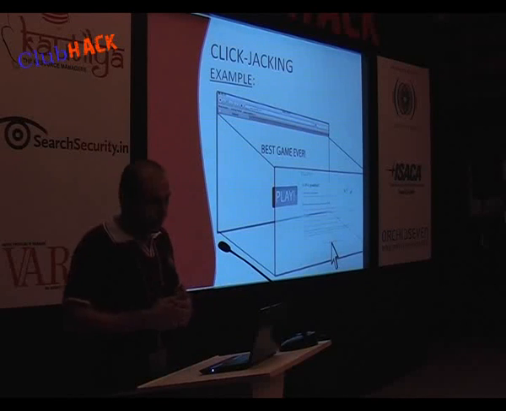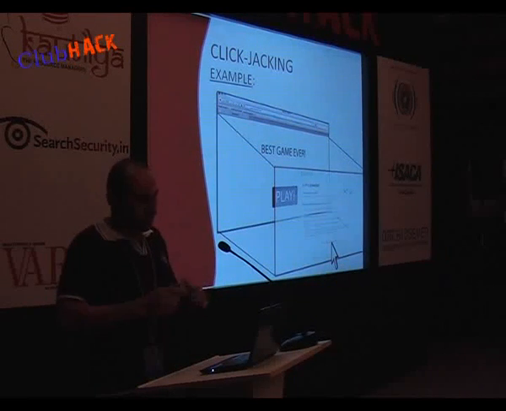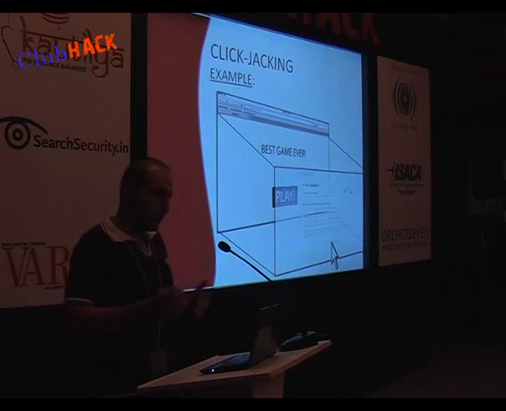But in front of that web page, there is a hidden element which holds the victim's Twitter page, so that the submit button would be under the mouse cursor, and wherever you move your mouse cursor, it comes with it, and wherever you click,